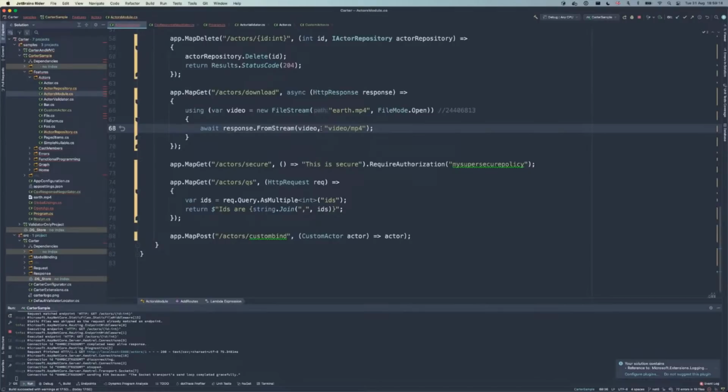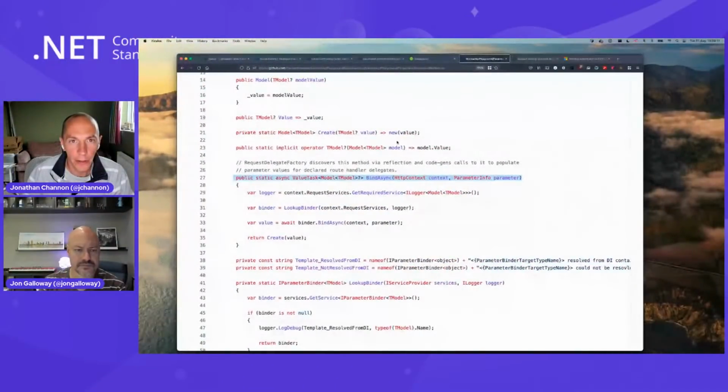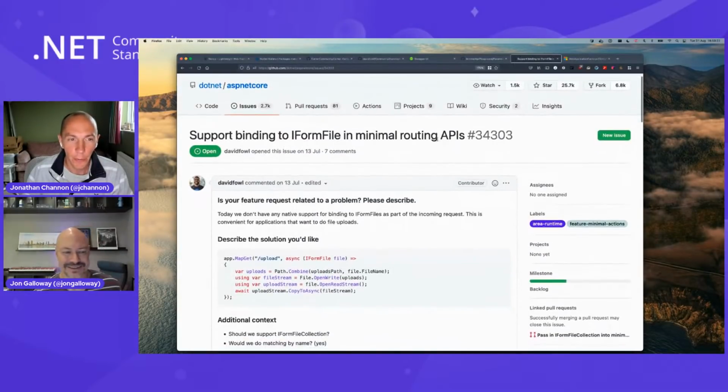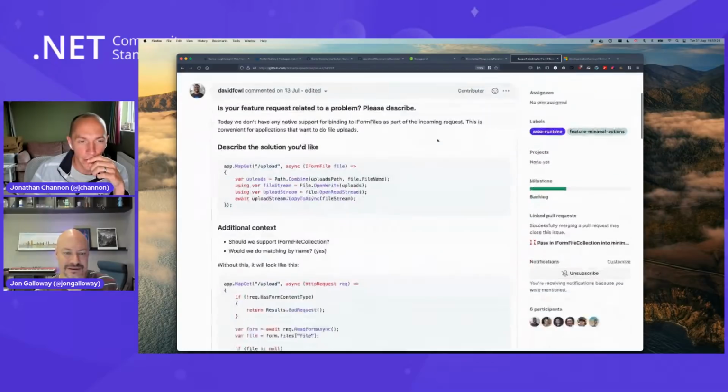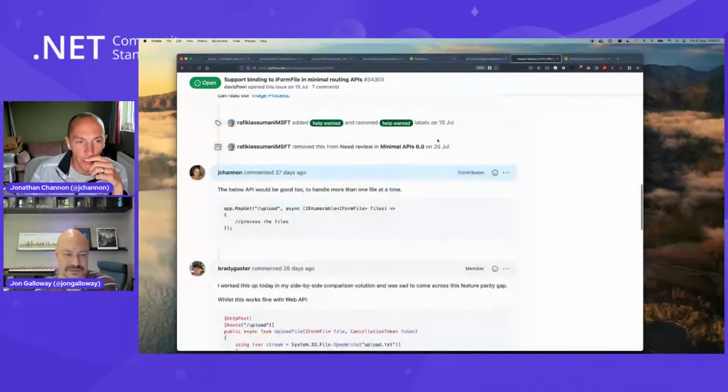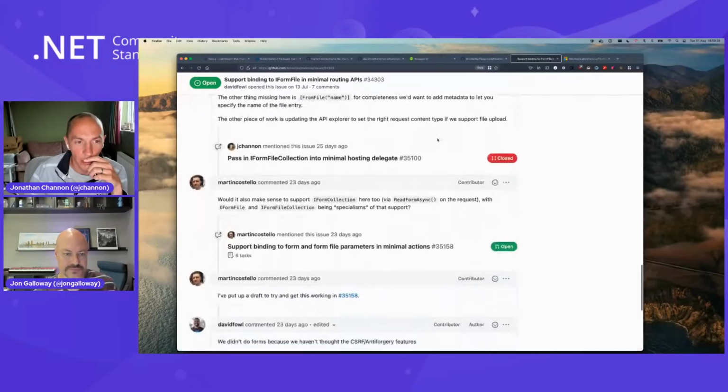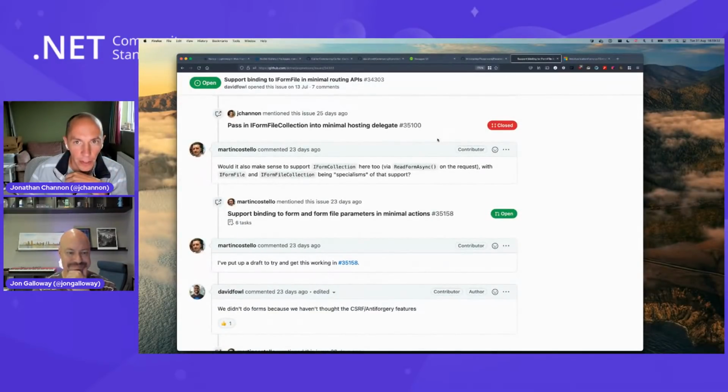They have gone away. They might come back for .NET 6, because I had a quick moan at Fowler that IFormFile support was not supported. And actually a guy from the community, Martin Costello, has sent in a PR, so we're now waiting for that to get merged. I'm hoping that will get into the final .NET 6 release. So we may do some stuff with that if it goes in, and if it fits, then we'll put some support back into Carter for that.